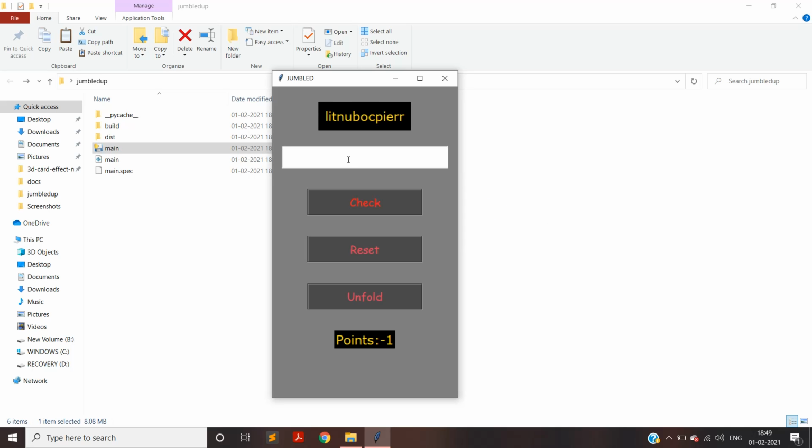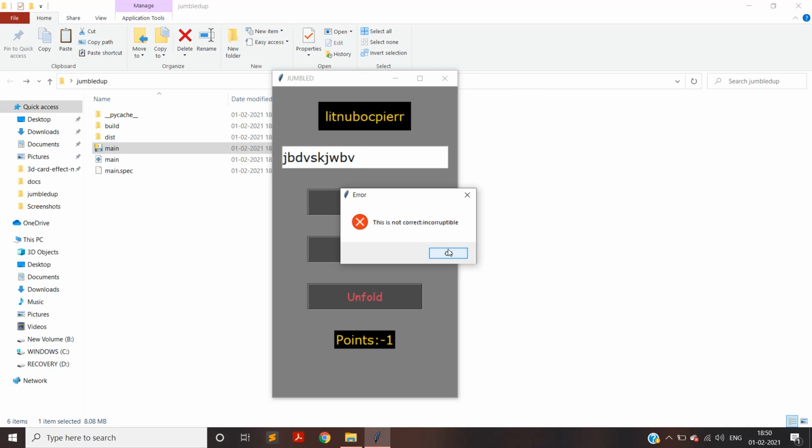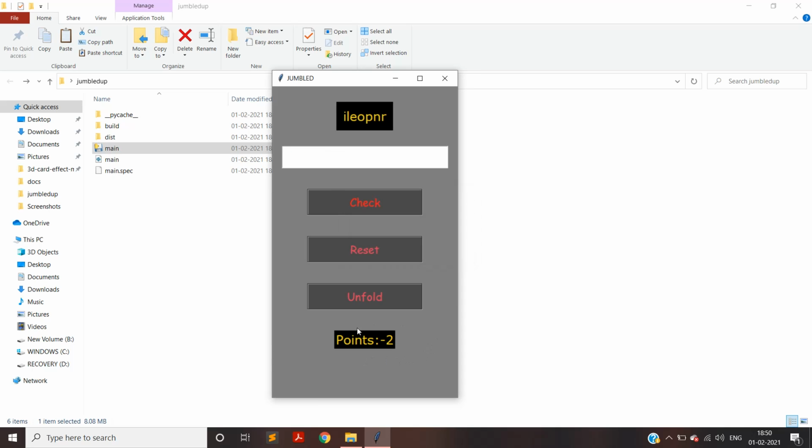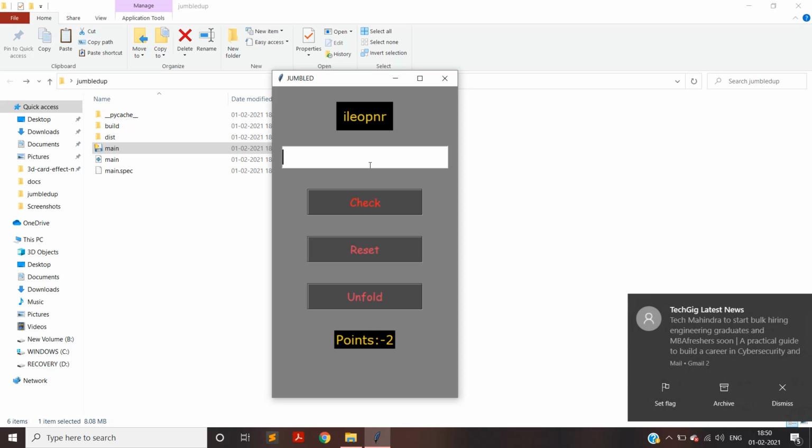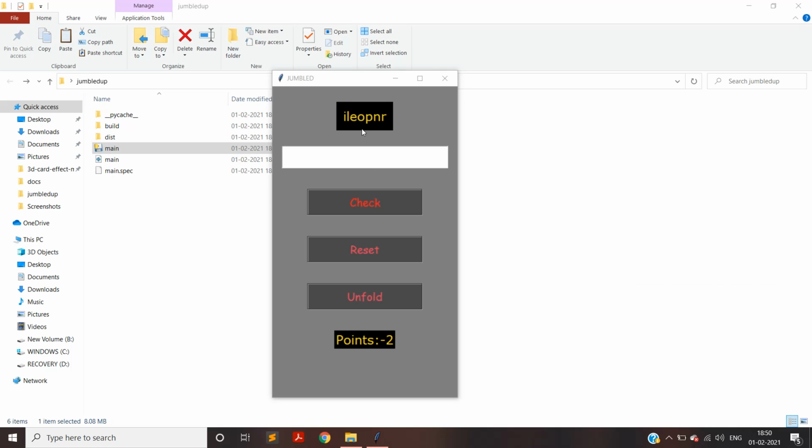Also, let's say I don't answer the word correctly, and I click on check. Apart from indicating that the answer is incorrect and showing me the correct answer, it also updates your points table, so your point decreases by one value for each incorrect answer, and for each correct answer it will increase your points by one value.